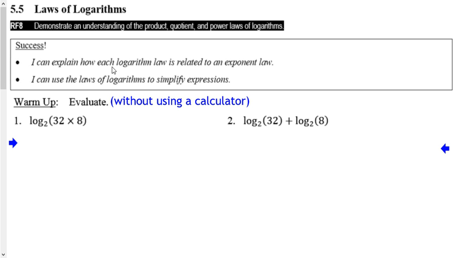This is Math 30-1, and we are in Chapter 5, which is looking at exponential and logarithmic functions. In our previous lesson, we were introduced to logarithmic functions, and today we're going to go a little bit further as we examine logarithms and look at some laws of logarithms that correspond to the exponent laws that we learned in earlier grades. So to begin with, here you see two warm-up questions that I would like you to do